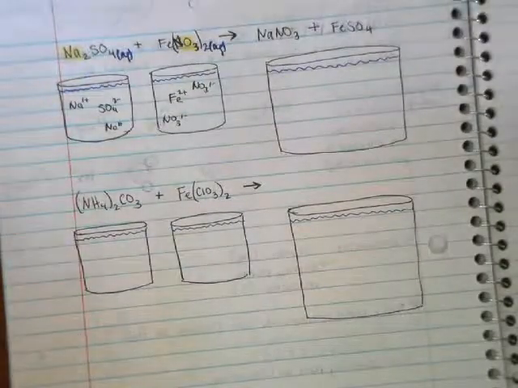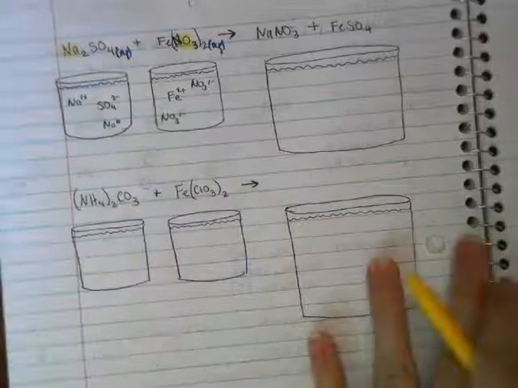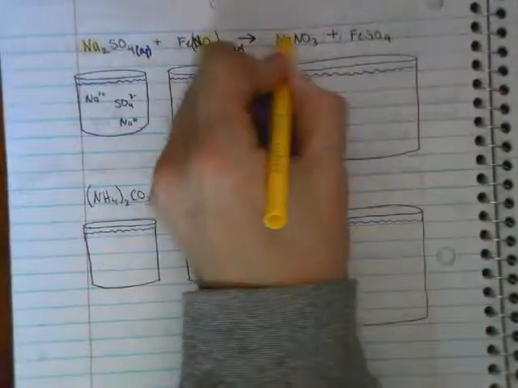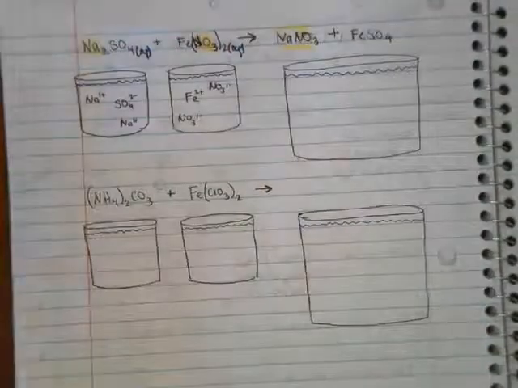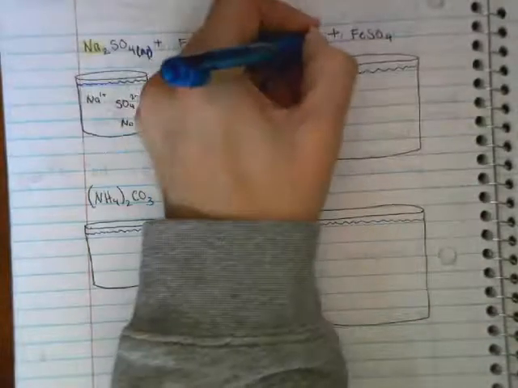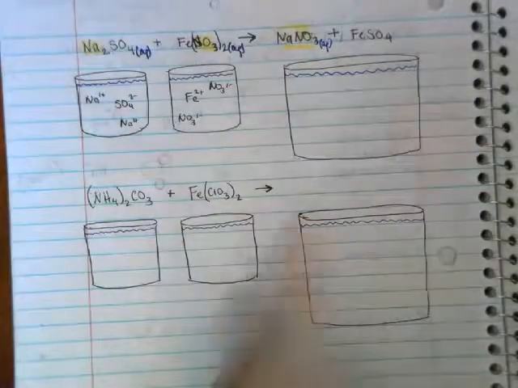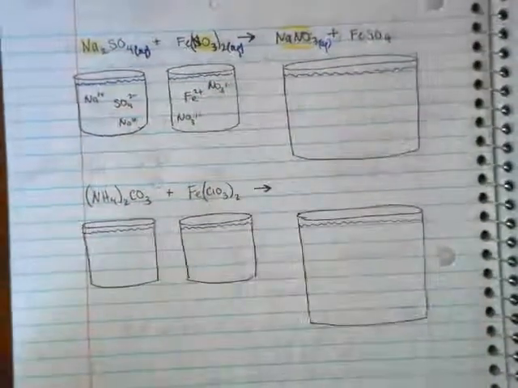Okay. So now I have to go evaluate solubility. Well, here are my 2 alwayses bonded to each other. I've got sodium and nitrate. So I really shouldn't have to think about this. This is definitely going to be aqueous. Okay. And then I'm going to have to look at my solubility rules for iron sulfate because none of my